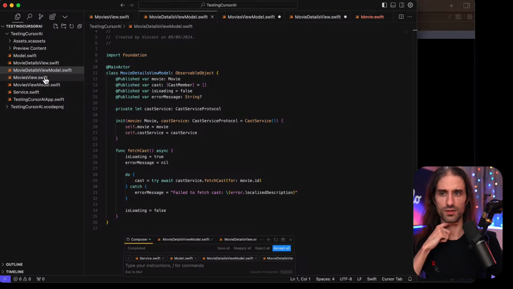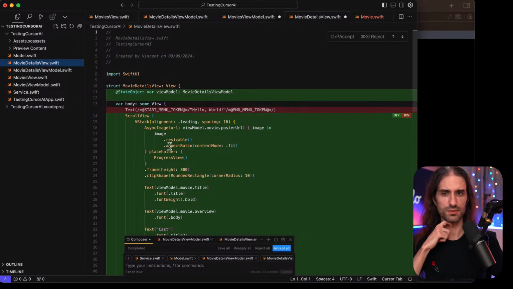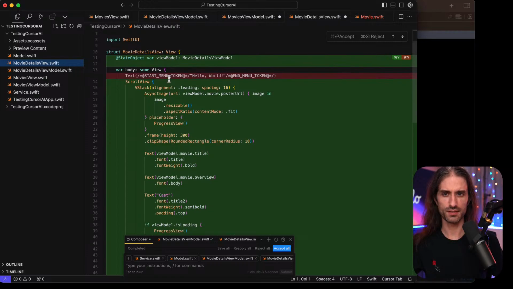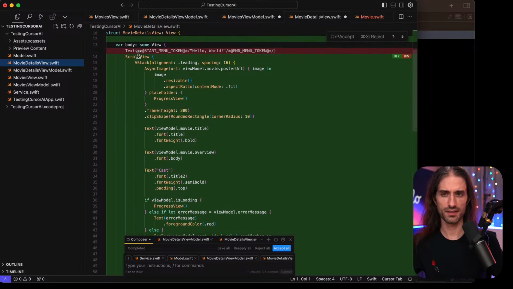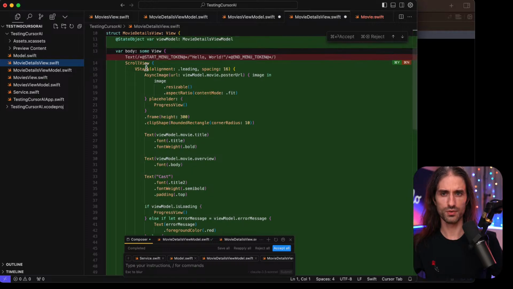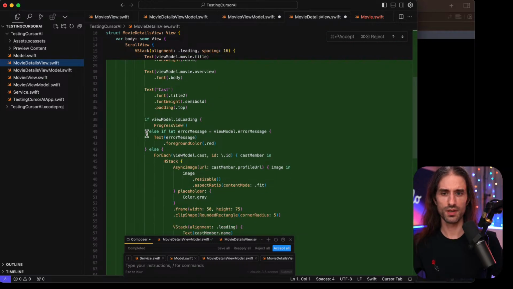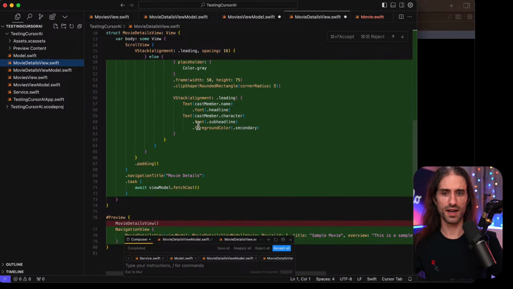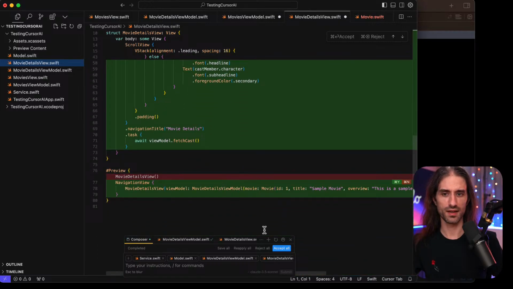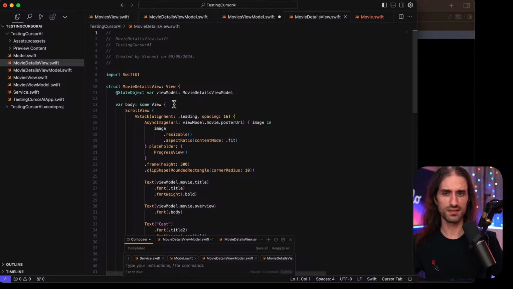If I go into the other one, movie details view, so the state object, and then the scroll view, and then a for each. Okay, maybe I will ask it to refactor that to use a list instead, but we'll see.